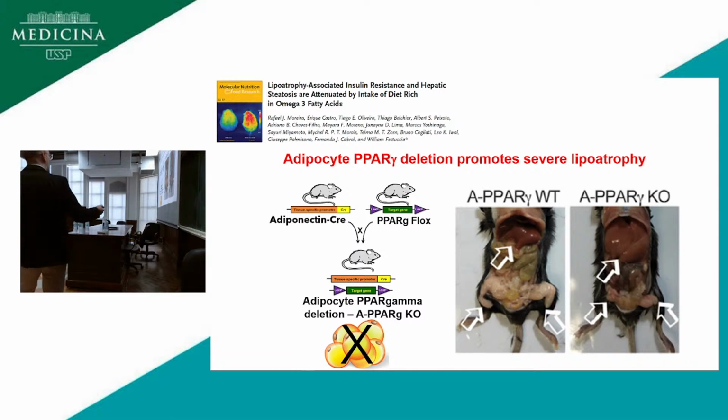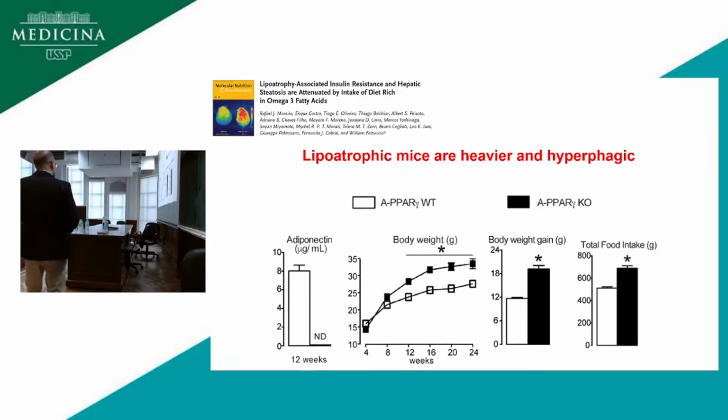So if you don't have white adipose tissue, these lipids go to the liver and exert lipotoxic effects there. And you can see here the liver mass is markedly increased in these mice. So we started investigating these mice. I just put here the adiponectin levels to show that this is a severe lipodystrophy. Adiponectin is an adipokine that is secreted by adipocytes, and we are not even able to detect adiponectin in the serum of these mice, showing that they don't have adipocytes at all. So this is a severe lipodystrophy.